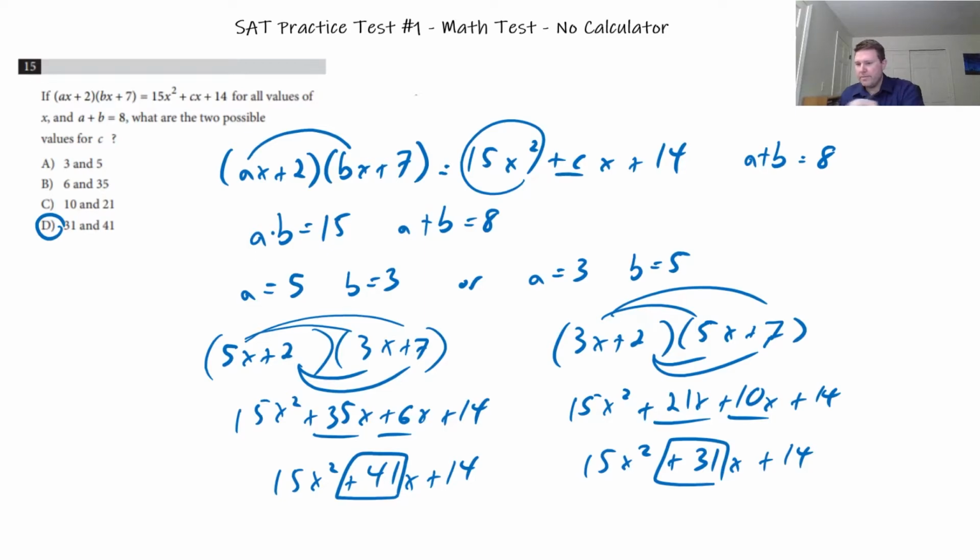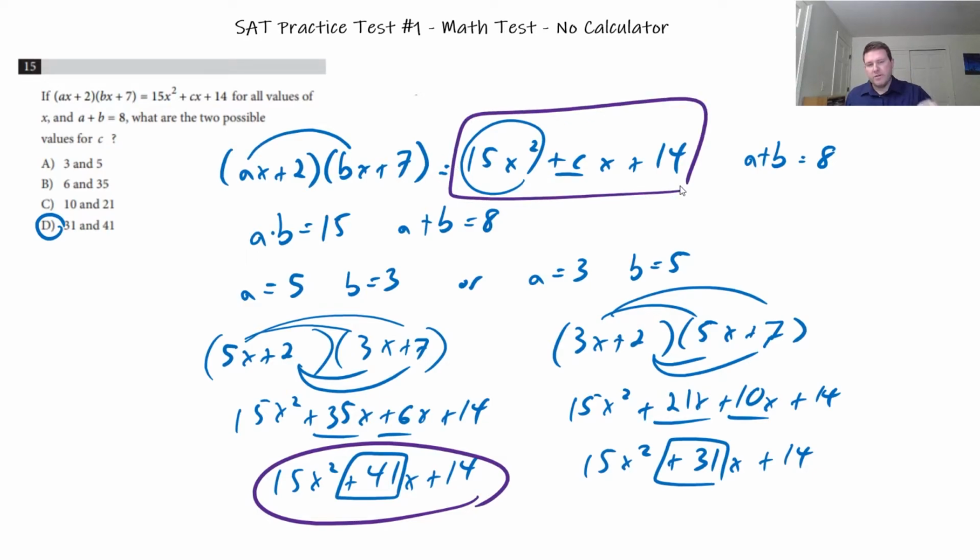You could have stopped back here if you were super confident, like, oh, I just need to get one c value. And as soon as you see the 41, none of the other options have the 41, so you can stop there. But with these problems involving constants, guys, just make sure that you are manipulating one side of the equation to end up matching the format of the other side so you can set corresponding terms equal. So another quick example is, let's say you had,